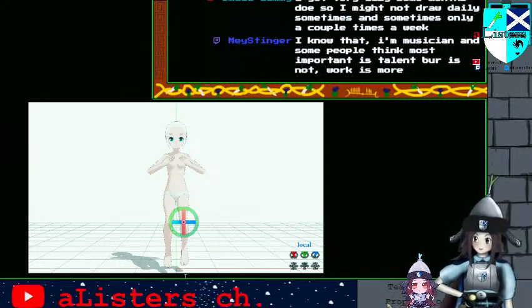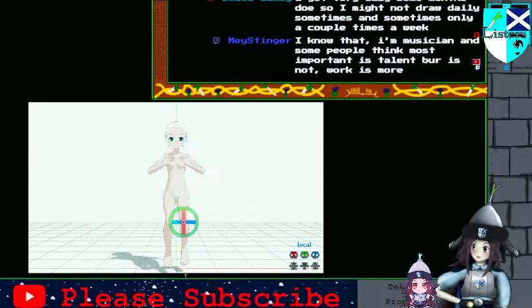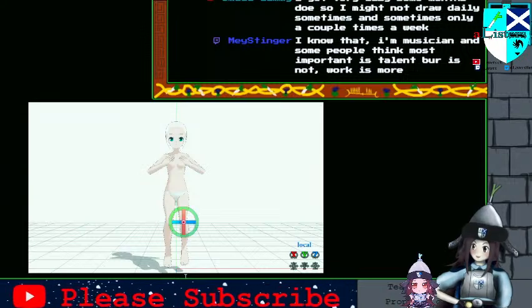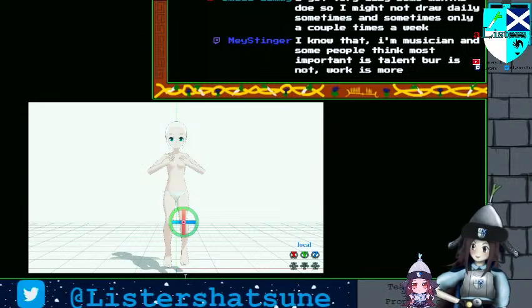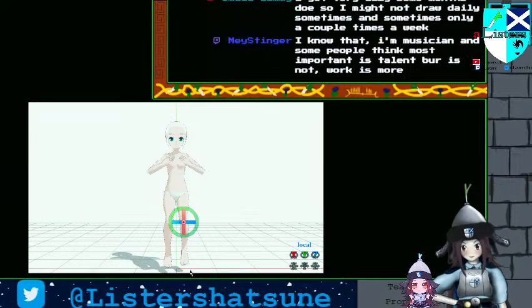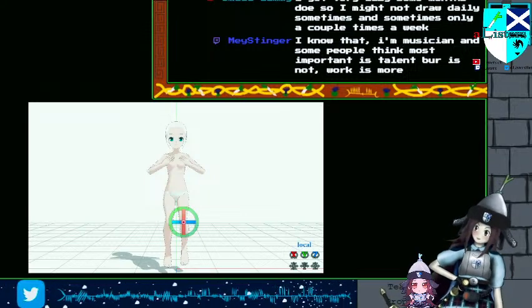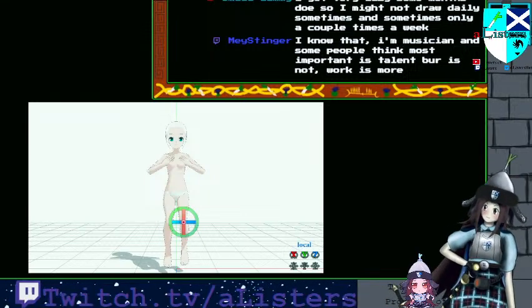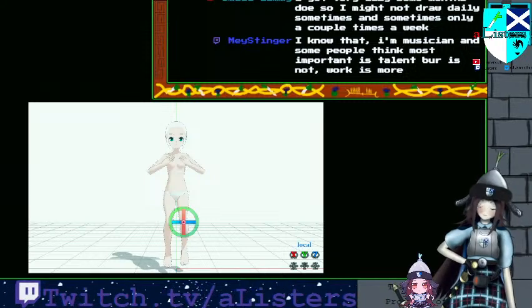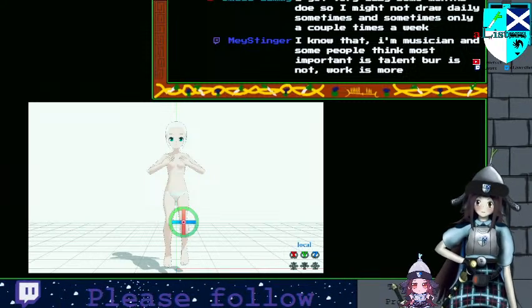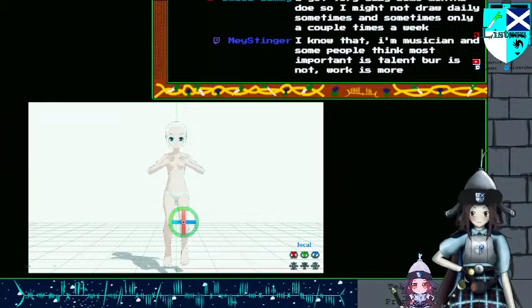bone is. I usually end up drawing overnight, which solves the issue with me. I get very lazy some months though, and I might not draw daily sometimes, and sometimes only a couple of times a week. Yeah, I find that the issue is if I draw at midnight, I actually end up finding that I don't get to sleep. Like, my brain works best at 3 in the morning.